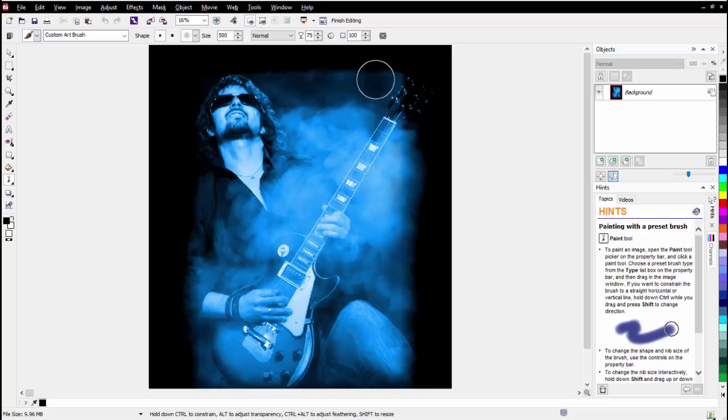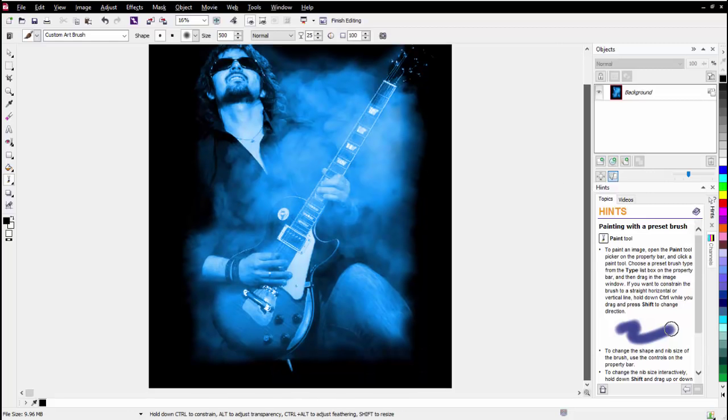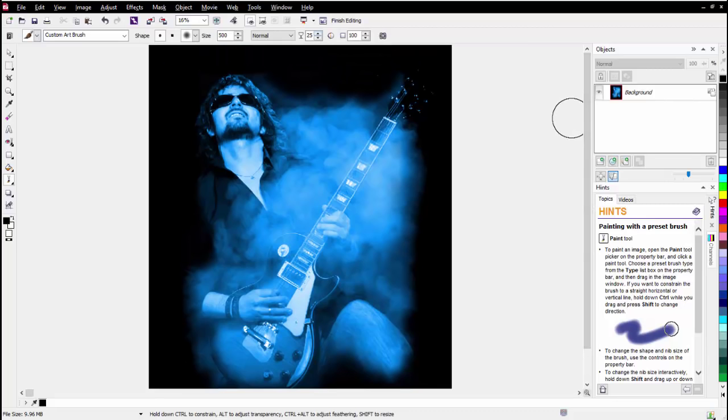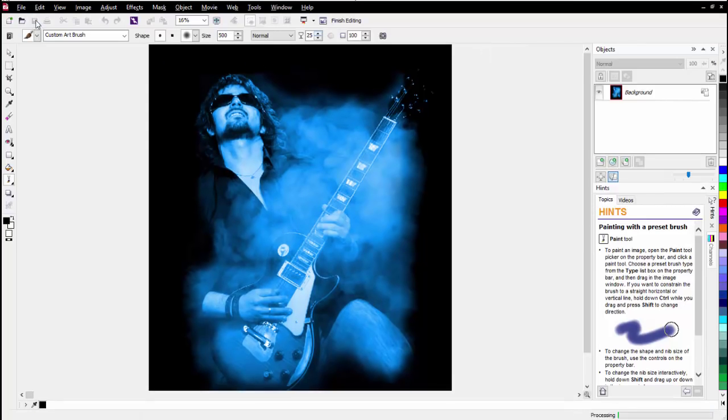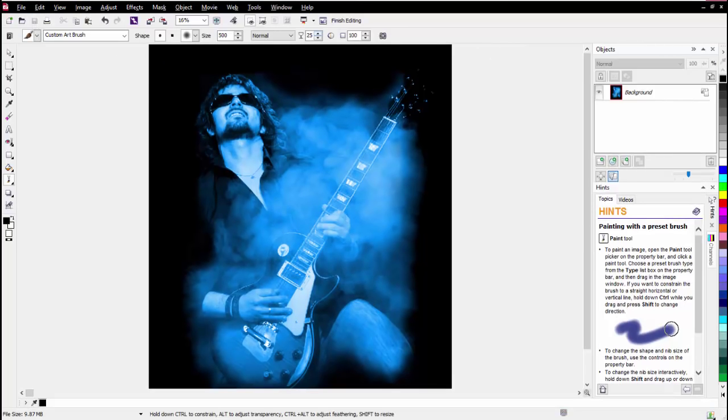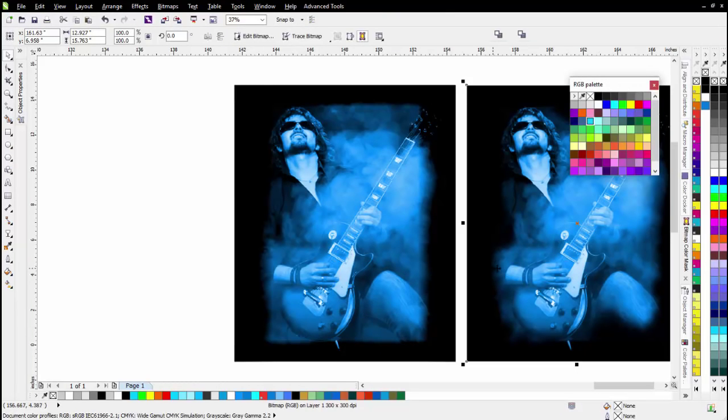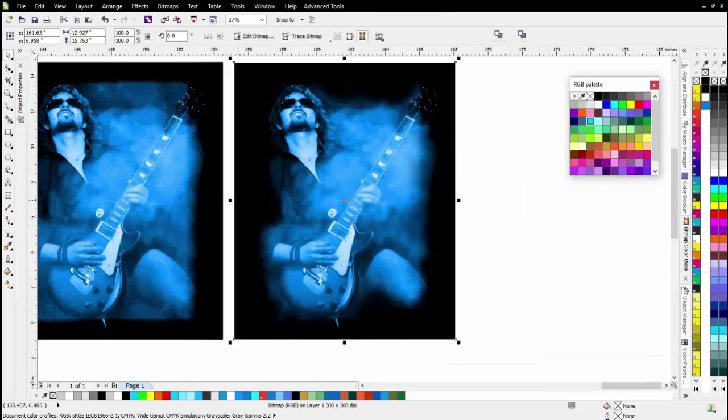Now if you want more effect, we can bring this transparency down to say 25, and that'll help us to bring some of this out here, and just tweak this in a little bit and make it look so it's not so squared or hard edged on the actual t-shirt or on the graphic design, as you can see there. Now I could do more, but for the sake of the tutorial I'll go ahead and save this here, and we'll bring that back into CorelDRAW,